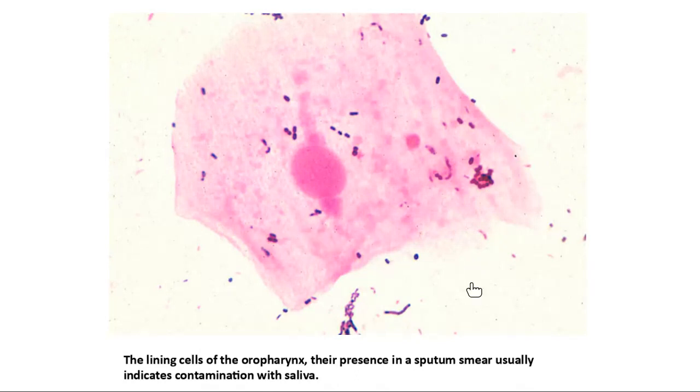Because when there is an infection, the organism should mostly be a single type: maybe streptococcal, maybe diphtheria, maybe Haemophilus influenzae, maybe Pseudomonas, maybe Klebsiella pneumoniae. Only one type of organism causes the infection at a time. So if you have multiple types of bacteria, look here, these are streptococci, these are fungi, this is Haemophilus, it is a mixed flora. It means this is contamination from the saliva, and this specimen is not suitable for further testing. So you can reject this one. Clear?